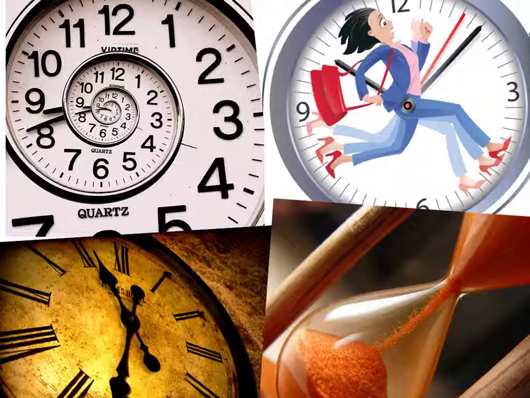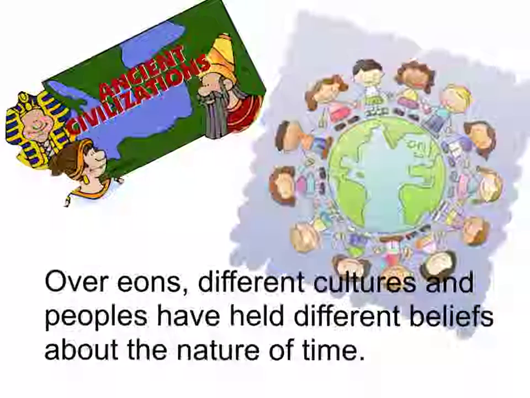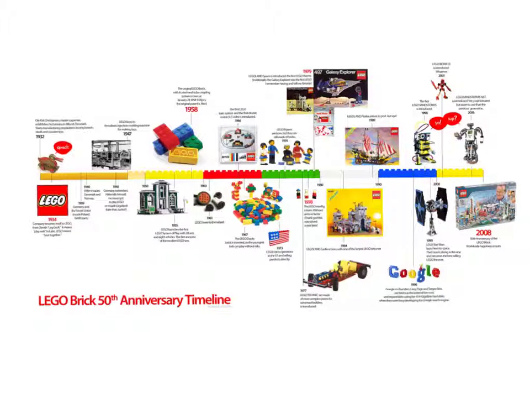The way we think about time is learned. Over eons, different cultures and peoples have held different beliefs about the nature of time. Western historical thought is based on certain assumptions about the nature of time. When we make a timeline of historical events, we create a graphic representation of how we in Western secular society